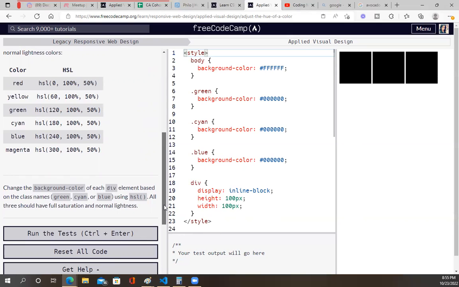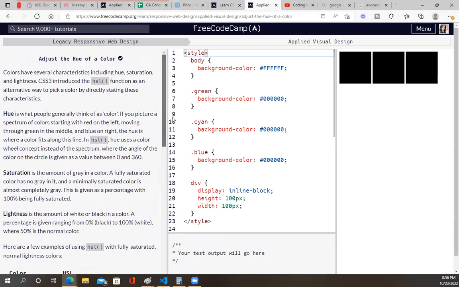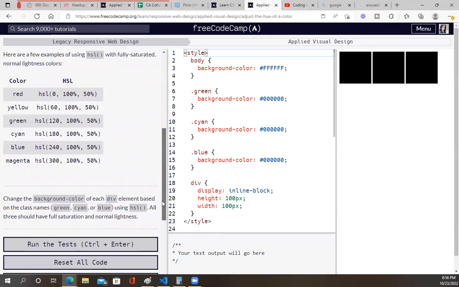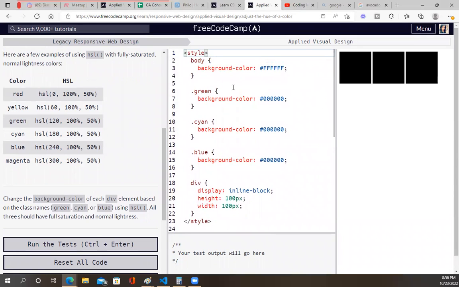All three should have full saturation and normal lightness. All right. So this one's going to be